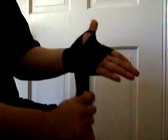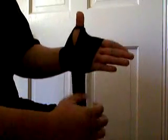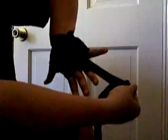then you go across the palm, making sure everything is flat, then you go over the knuckles, then you go under the thumb, and this is basically the hardest part of this whole procedure. Then you go under the thumb and wrist in between, you go for the first knuckle, then you go over the wrist, making sure it's not folded like this so you can get a good feel. Then you wrap the wrist once, then you go over the knuckles, wrap the knuckles once,